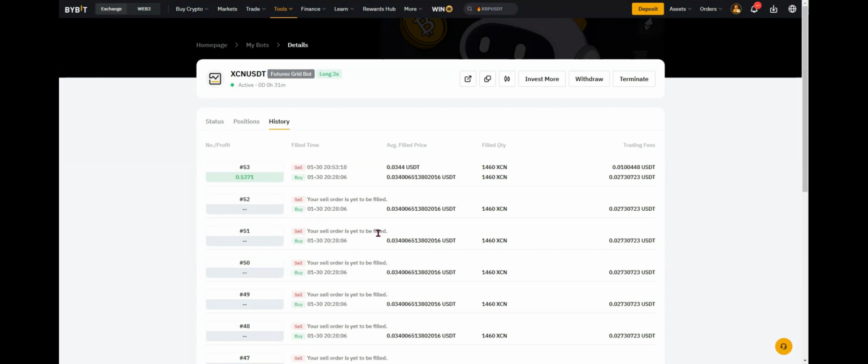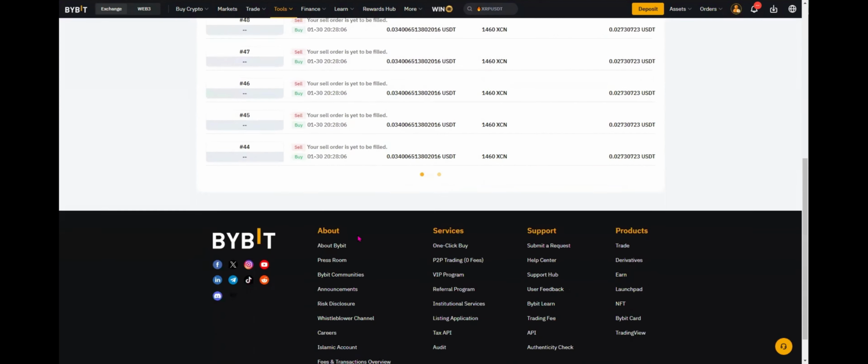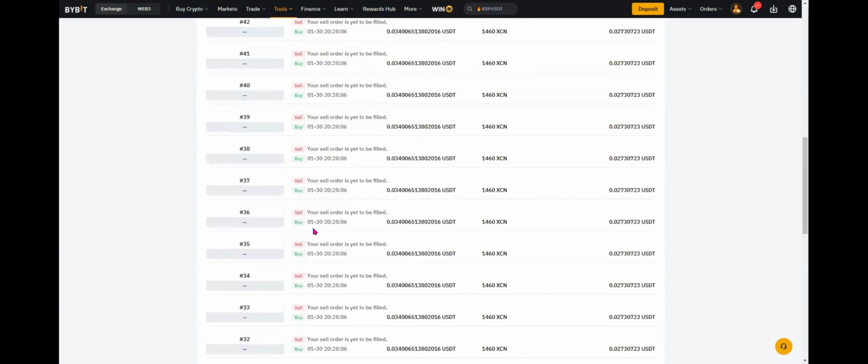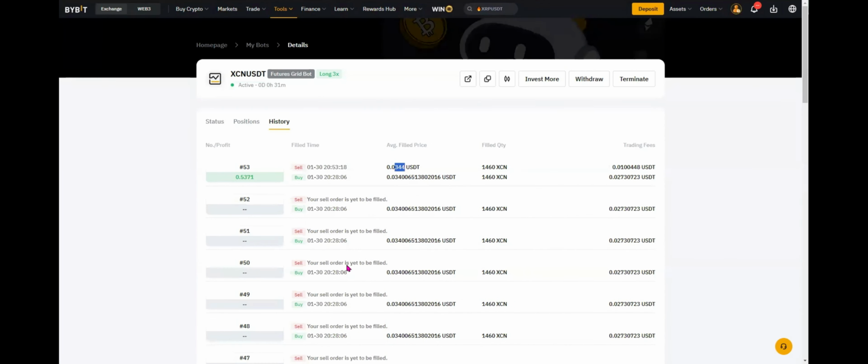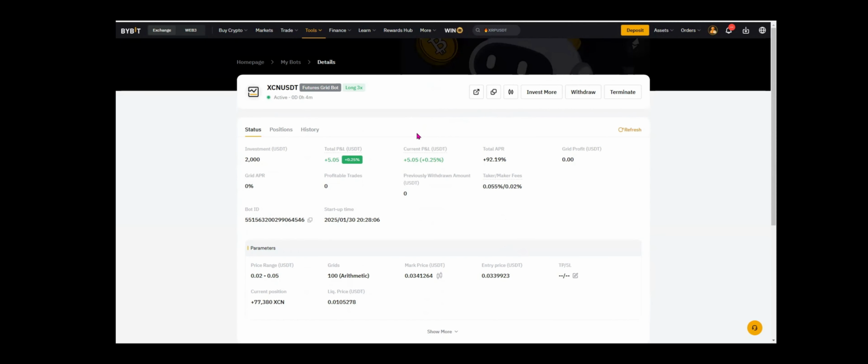If it were to go up, they're going to have a much larger profit margin only because they were taken at this price and won't close until, like, they were basically taken when we opened it at 3.44 cents, but they won't close until they get to a much higher level. So we do have a lot of grids open, and this will start just grinding out 50 cents every time this moves. While we're waiting for it to actually close a trade so we can see how much it's making per grid,